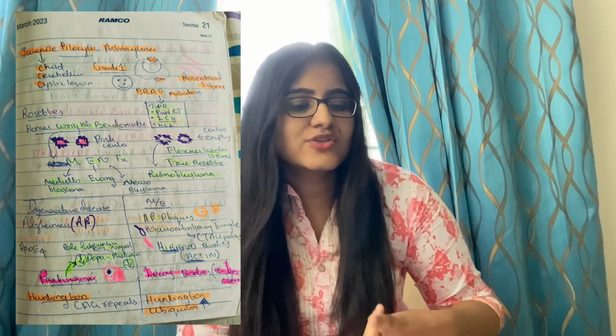And also now rosettes. Two rosettes you should remember: Homer-Wright rosettes, and also Flexner-Wintersteiner rosette. Flexner-Wintersteiner rosette you will be seeing in retinoblastoma. Okay. And Flexner-Wintersteiner is a true rosette, meaning nothing is there in the middle. If something is there in the middle, that will be the Homer-Wright rosette, and it is a pseudorosette. Something is there in the middle, pink center, is the pseudorosette. And you should remember men is always right, just remember it for the sake. That means like men tumors, that is M for medulloblastoma, radiosensitive, and also E for Ewing sarcoma, and also N for neuroblastoma. Good.